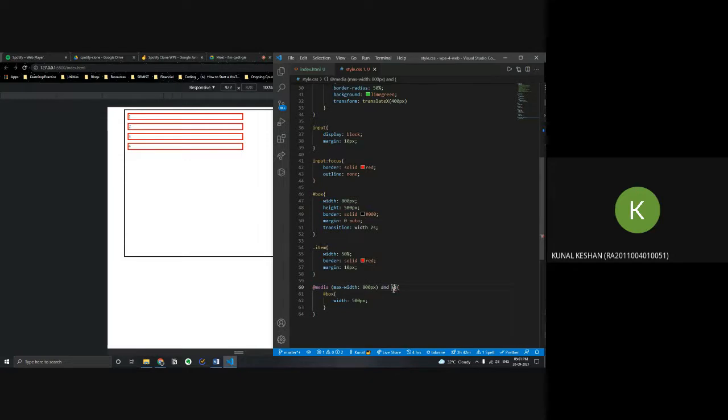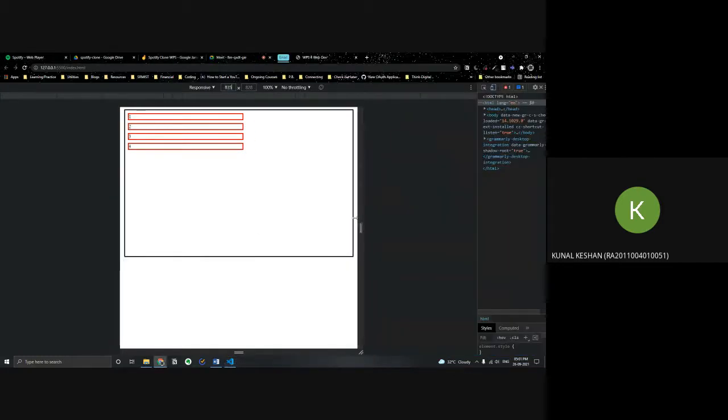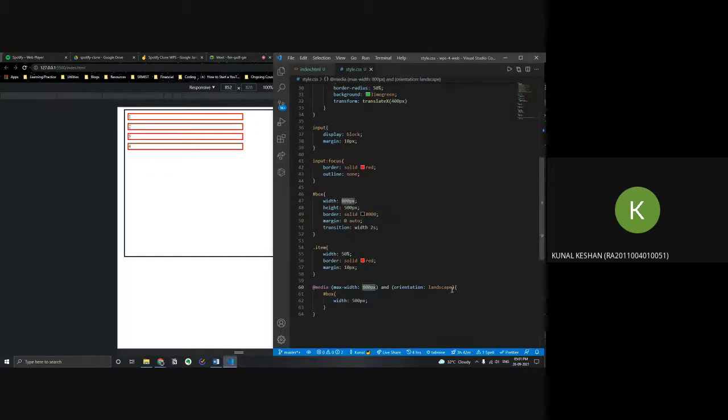So now if I put orientation and specify landscape, what this basically means is any device that is below 800 pixels and has an orientation landscape, that is the one we are currently in, that styling should get applied.